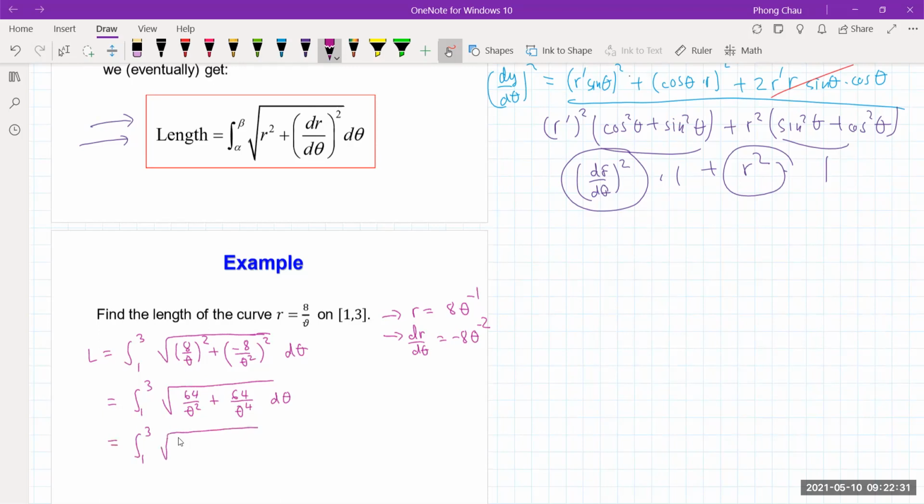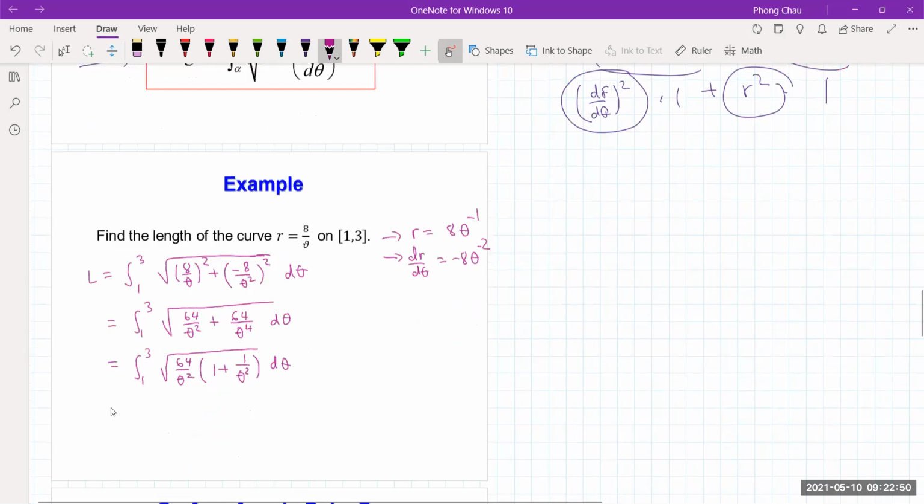So if you take out 64 over theta squared, that leaves 1 plus 1 over theta squared, d theta. When we do that, it helps at least clean up because this is a perfect square, right? So that's from 1 to 3. Root 64 is 8 over theta, and then the square root of,